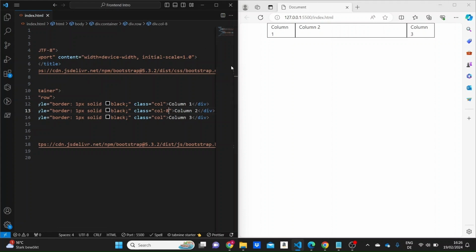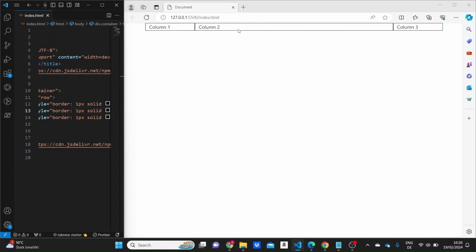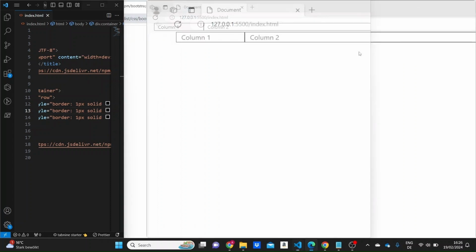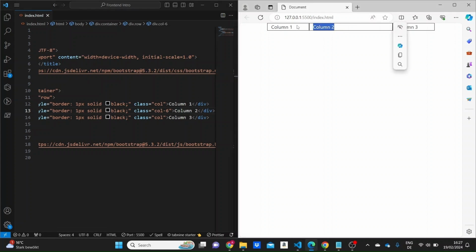And even if I make the screen here to be bigger, this will basically be the same. The second column will take 8 out of 12 available spaces that we have here. Let's say we could just make the second column contain half of the space by just writing col-6, because the second column will contain 6 out of 12 possible columns. And as you can see, this space here is equal to half of the entire space that the row